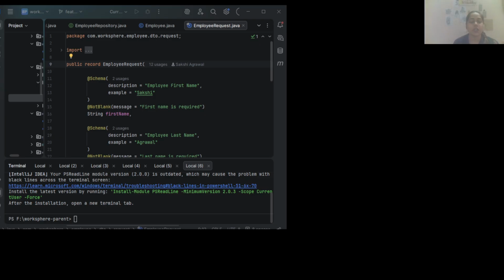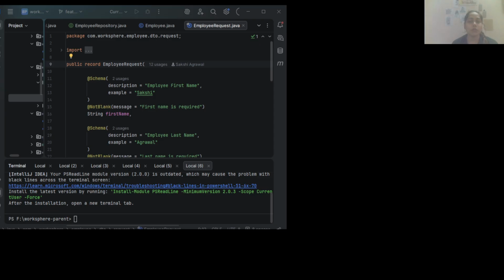We just need the DTO to expose our input and output request. We don't need any modification or implementation. Records are a structure of classes that have getters, constructor, and toString built in. We don't need to write them separately.